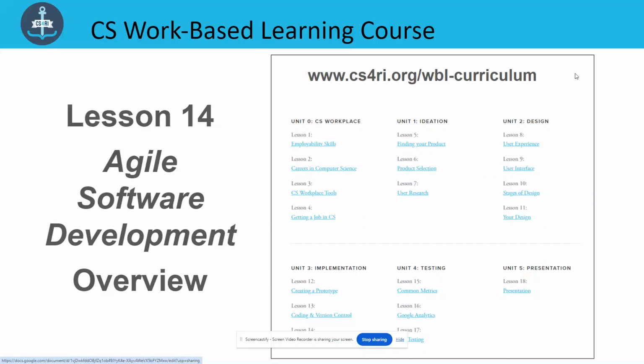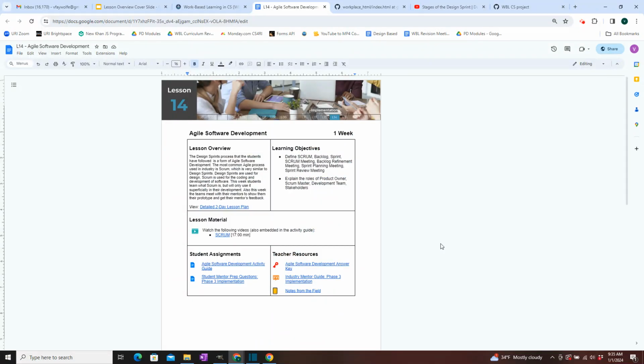This is an overview of Lesson 14, Agile Software Development. This week, the students learn some process for software development. GitHub is the tool, but the process that software developers follow almost exclusively these days is a process called Agile